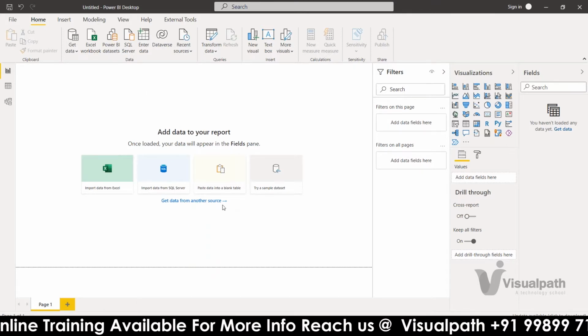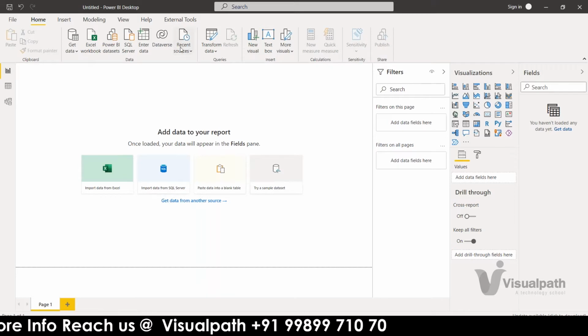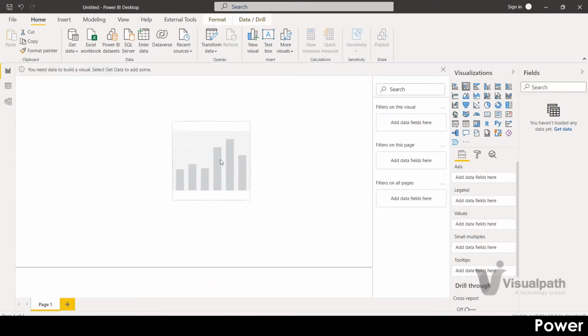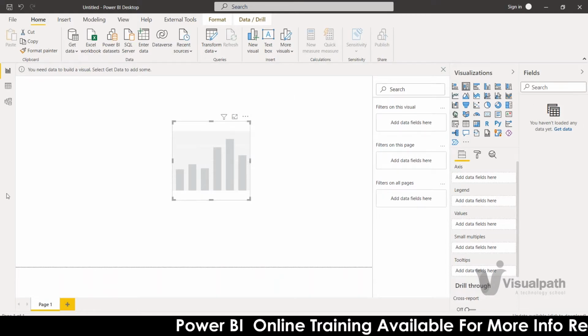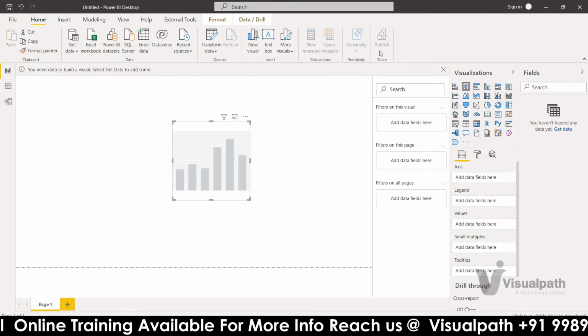It's like what happens in Excel. In Excel, you have visuals over here, you click those visuals and you build that. In Power BI, we have visualizations over here, and we take a visualization and drag values. These are the fields where we'll have dimension tables and fact tables. We drag those values here, build that visual, save it, and publish it.